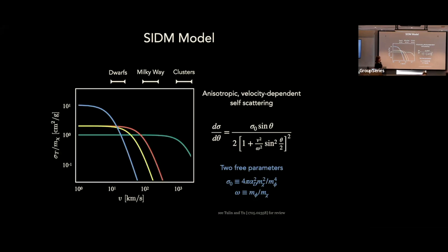I can change my dark matter model, changing these fundamental parameters here. That would give me a different velocity scale here, such that the cross-section falls off like the blue curve. If I do that, then that would tell me that for that model, self-interactions will be relevant in dwarfs, but will do absolutely nothing to a Milky Way galaxy or to a cluster. So you can see very clearly here how you essentially tune whether or not the self-interactions are going to be relevant in your system of choice by appropriate selection of those fundamental parameters.